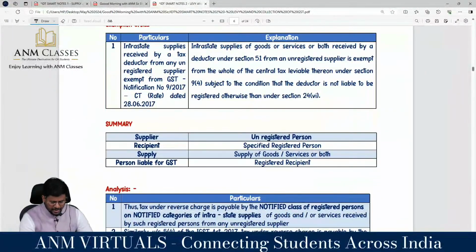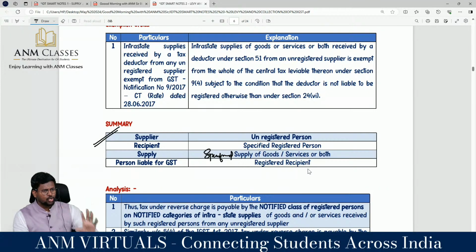Yes, sir, supplier should be an unregistered person. Recipient should be a specified registered person. And supply should be of specified supply of goods or services or both. And then the person liable to pay GST is the